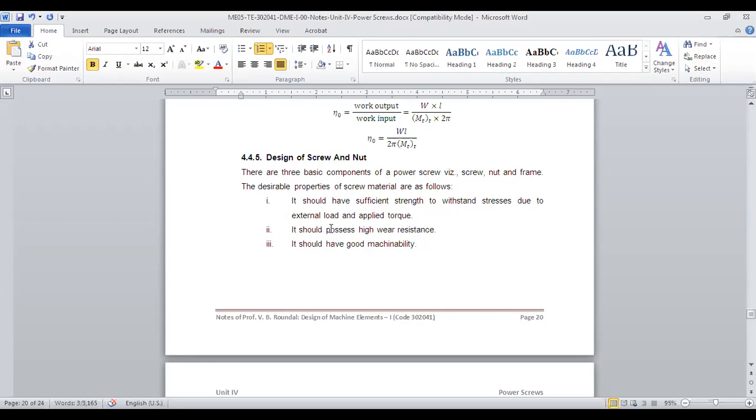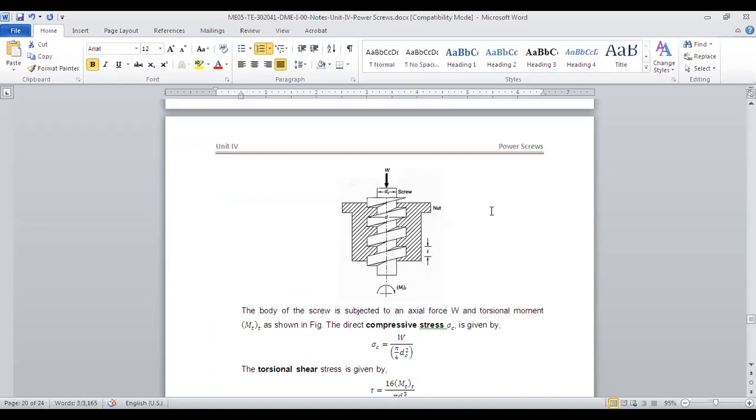Okay. So for the design, first of all, most important, it should take all the stresses and should not fail. So we will find out what the different stresses are in the nut or screw, and then we will try to find out the diameter and do the design. Now this is a screw which is shown. It has a nut as the outside part, and in that the screw will move. The screw will rotate, and with the rotation it will have an axial movement, right?